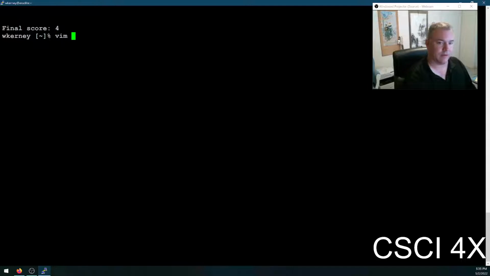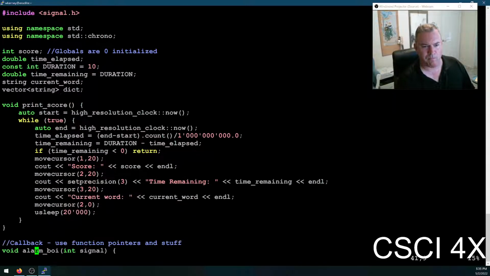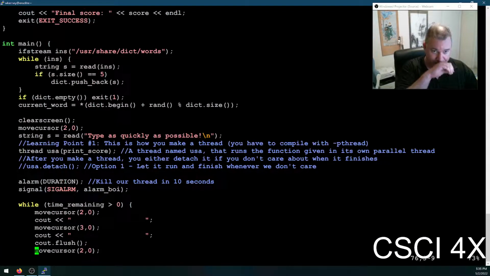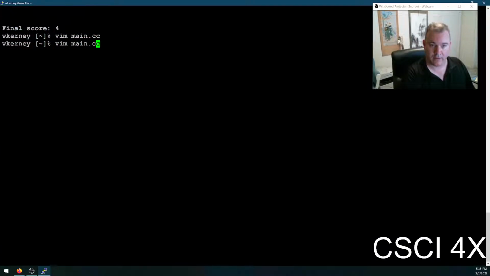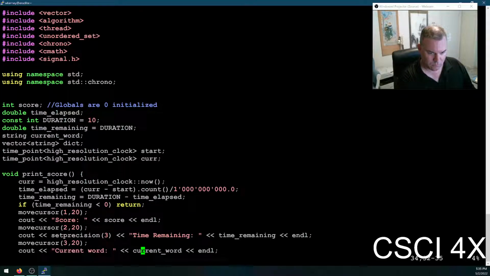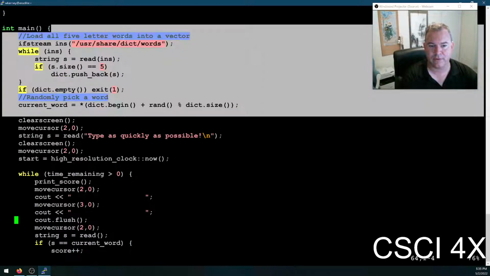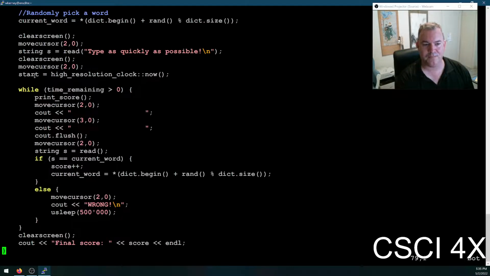So let's take a look at the code that we have right now. Single threaded code. I got some globals. Globals are bad, but we'll get more into that next time. So I've got here a main, and main loads the English dictionary here into a vector, and then gets the current time like that